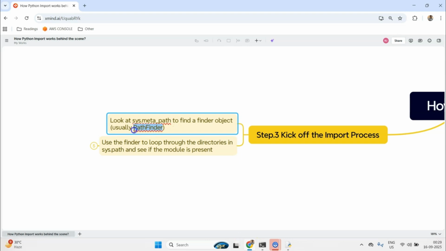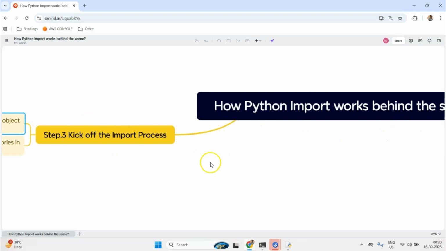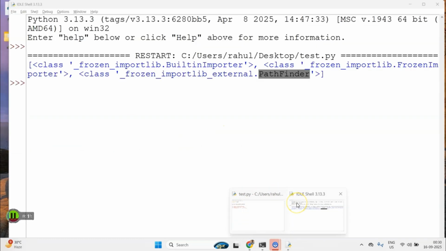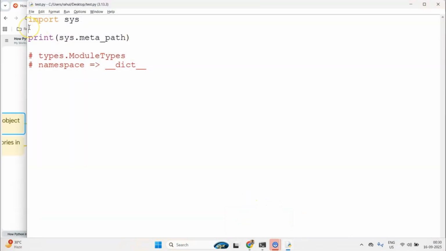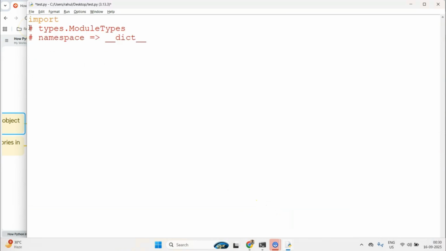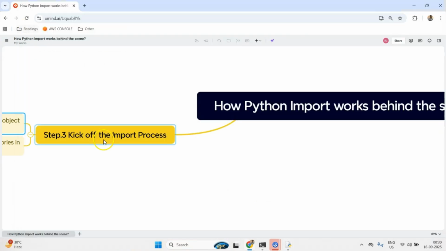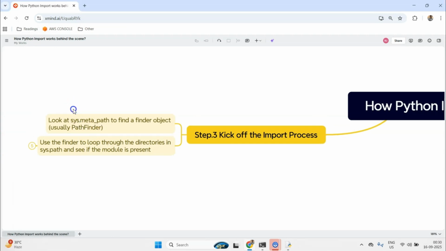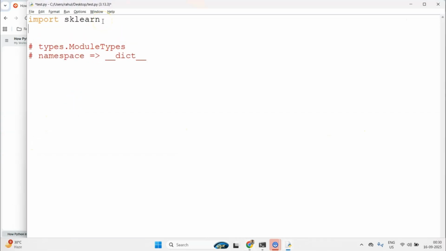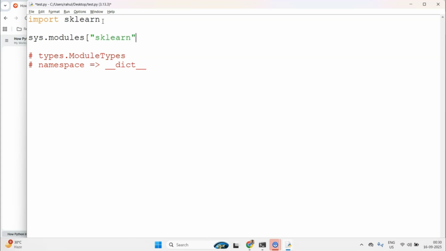So pathfinder will kick off, and let's say for example, let me come here. Let's say you try to import some package, import sklearn. The moment you do it, and pathfinder is kicked off, what it will do under the hood in the backend is create a new key in not os.modules but sys.modules. In sys.modules, it will create a key called sklearn, and it will start by creating an empty module type, that I just talked about.